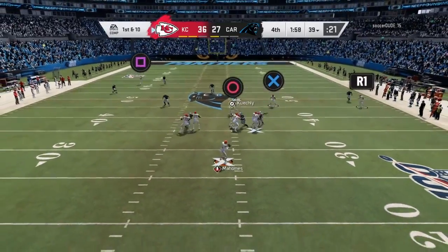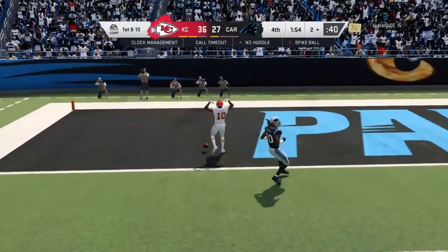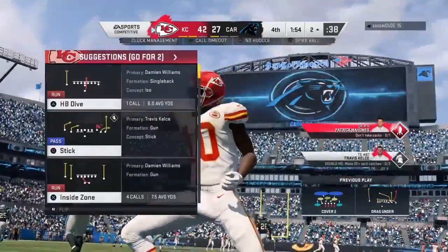Mahomes now on first down. And going deep for Hill. That's going to be caught. And all the way in for a Kansas